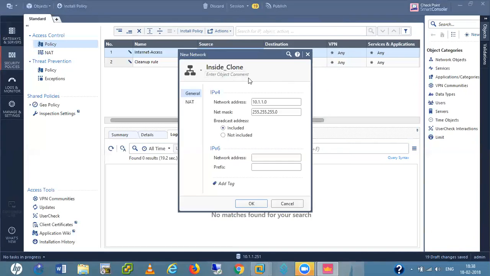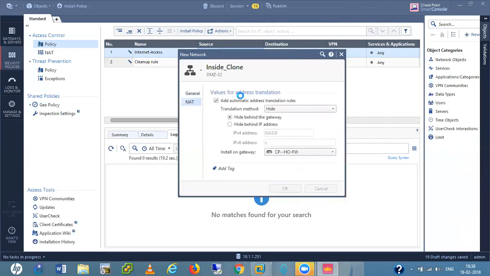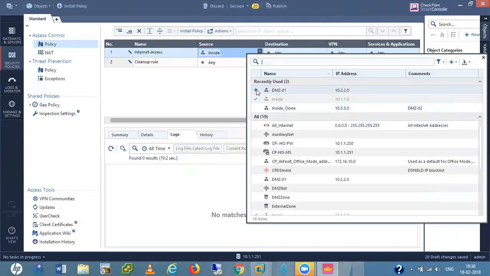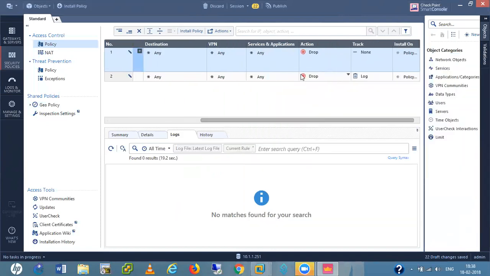Clone here. DMZ02. 3.3.0. NAT is there. I'll add these networks here, DMZ1 and DMZ2. Destination is any.